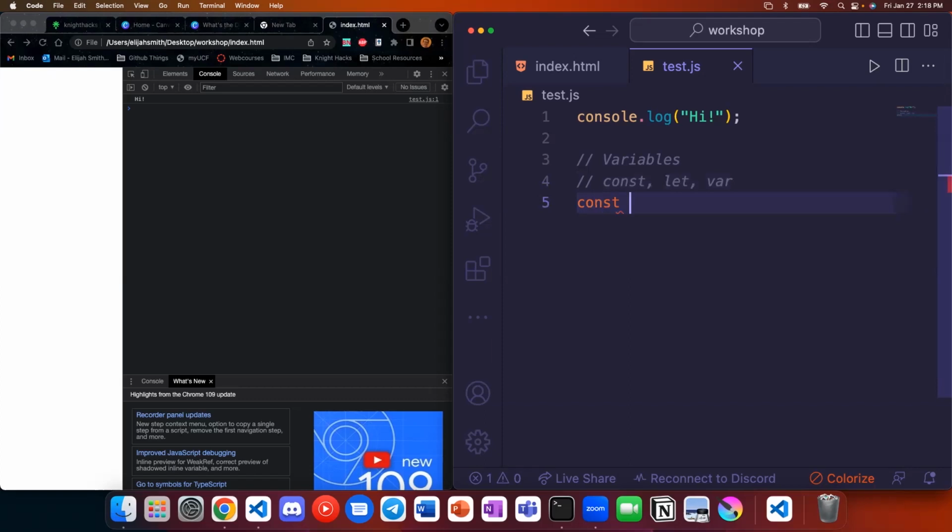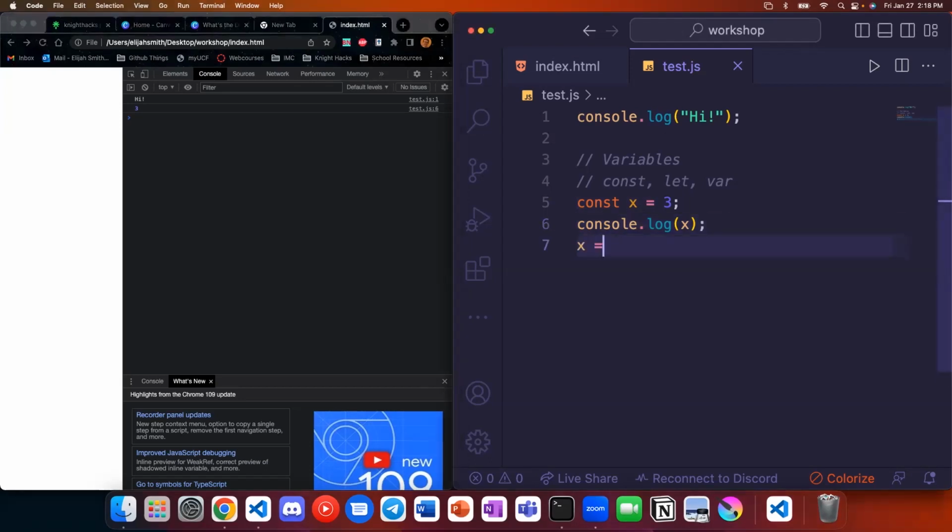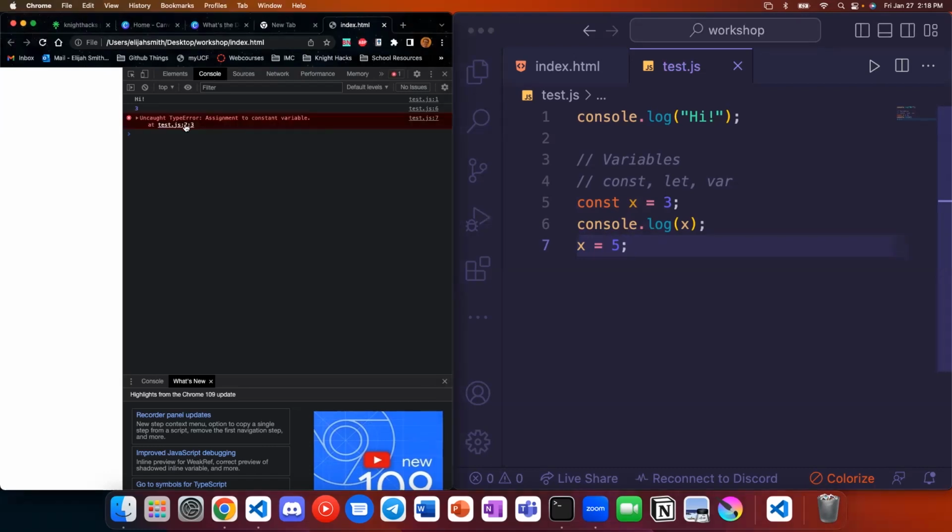But we can create a constant variable and name it whatever we want. We'll call it x, and we'll give it the number 3. We can console.log x here. And then if we refresh our page, we'll see that it logs 3. So this is a very easy thing. Note that if I wanted to reassign x, and I refresh the page again, now we have an error that we're assigning to constant variable. So the const keyword means that you have declared it, you cannot change it, you have to redeclare a new variable in order to update something.